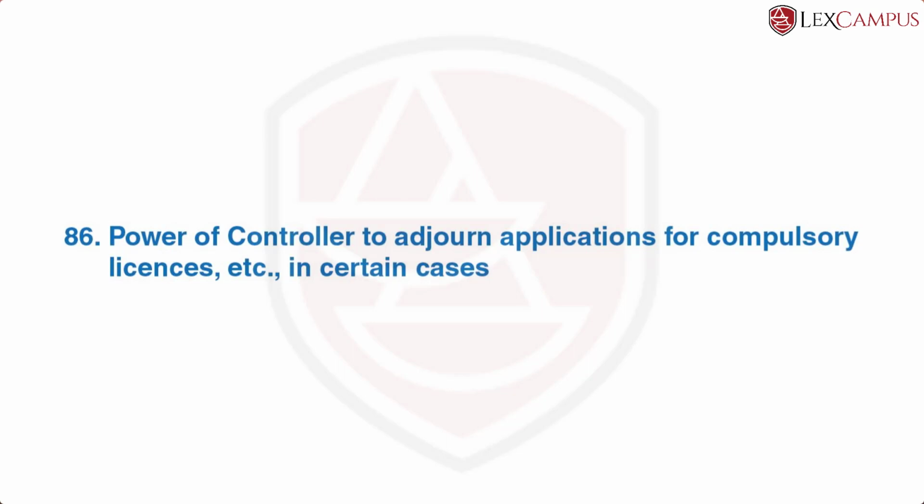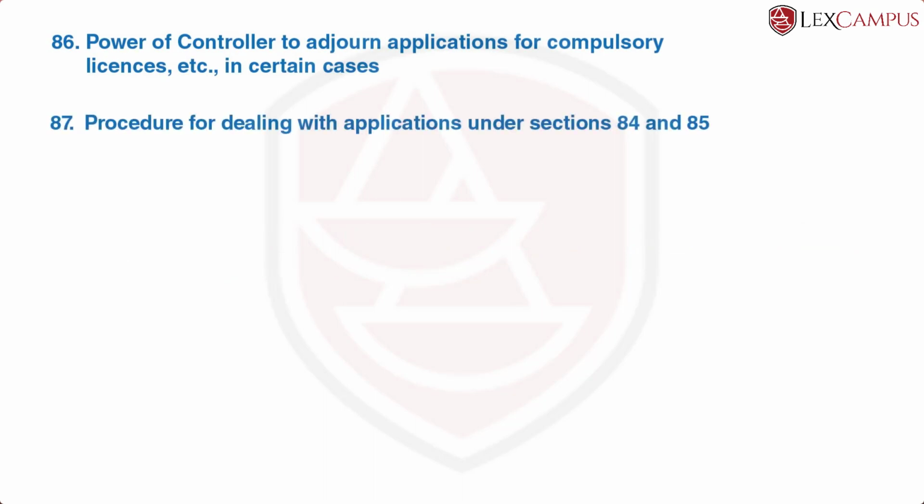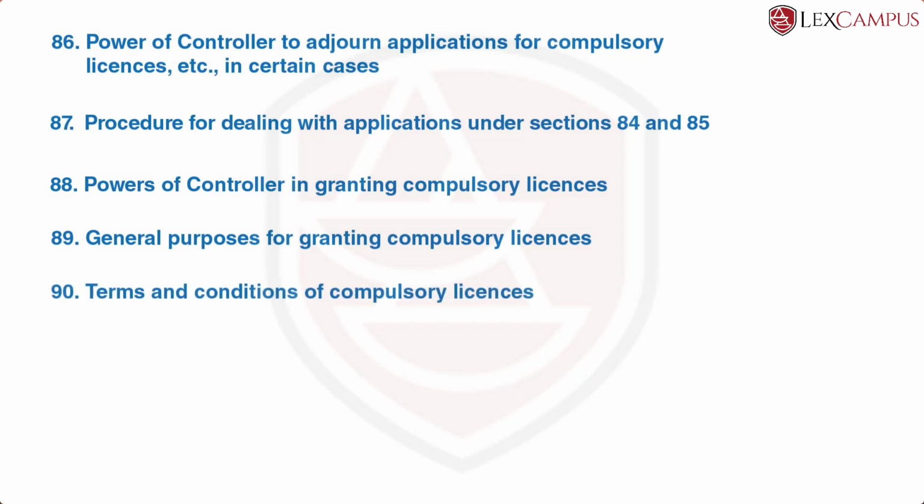Now this we have section 86 which describes the powers, then we have section 87 which describes the procedure, 88 the powers of the controller in granting the compulsory licenses, and 89 general purposes for granting compulsory licenses, and in 90 we have the terms. So 86, 87, 88, 89, 90 will tell us the details of how an application for compulsory license will be